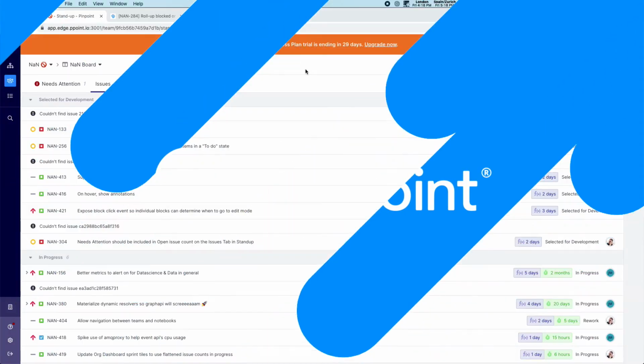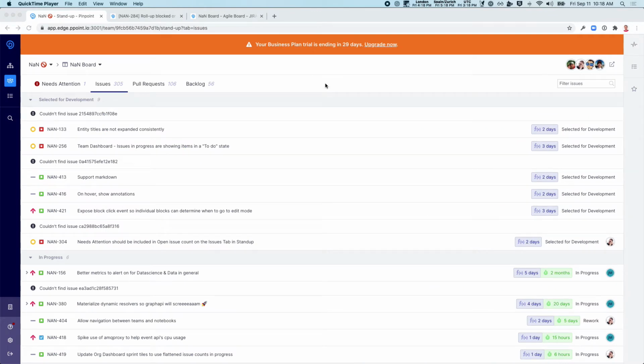A quick overview of the new stand-up screen that's coming out as part of the new release of Agent 4, which should roll out really soon. We're going to start promoting that in the next couple of weeks to customers. One of the things that's really awesome about the new stand-up screen is we're pulling a bunch of Agile